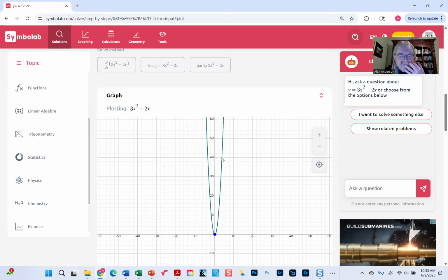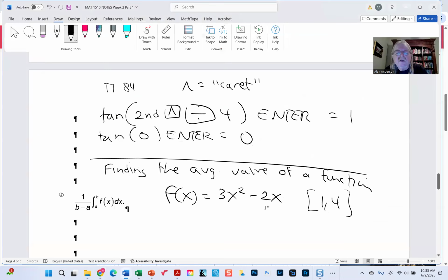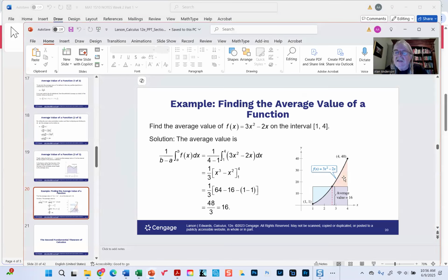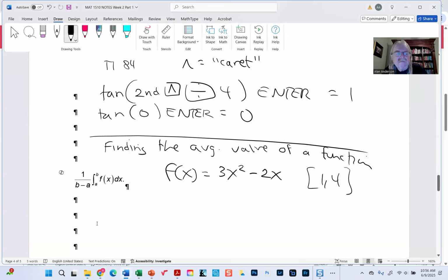So it's going to be up in this neighborhood somewhere. But the key is that it is going to cut through the origin, and then the curve rises at an accelerating rate, and this is what it looks like. So what they're telling us is that the average value during that interval is,